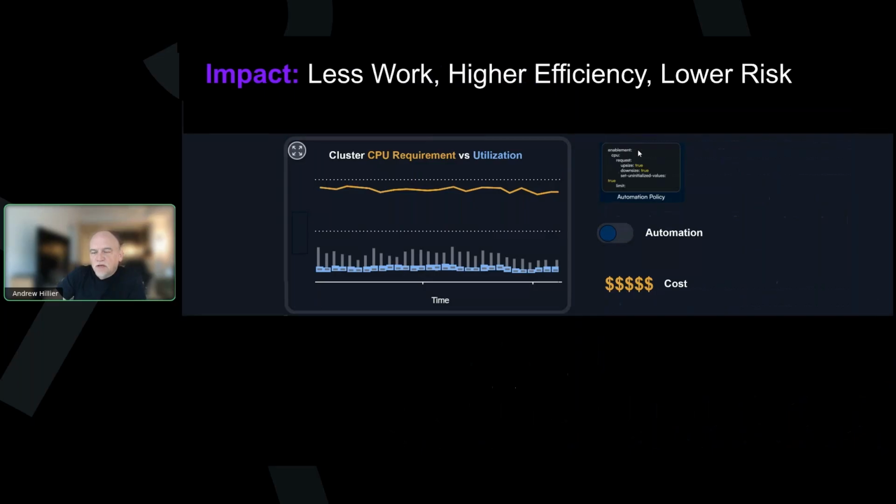But the idea here is that if I do this automatically, what will happen is, if you look at this stylized graphic, which is actually a graphic just like this in the product, the orange line is what I'm asking for. So in this case, for CPU, I'm asking for a lot of CPU resources. The blue and the gray at the bottom is the utilization, the sustained and peak utilization. And we're simply not using it. And that big yellow bar I showed a minute ago is what causes this. I asked for 5 CPUs, but I'm only using 1 CPU or a tenth of a CPU or whatever the